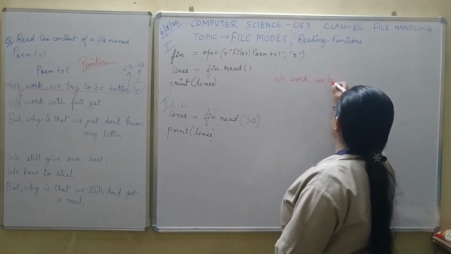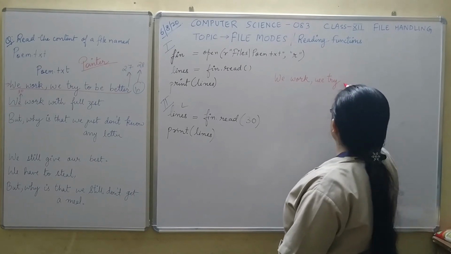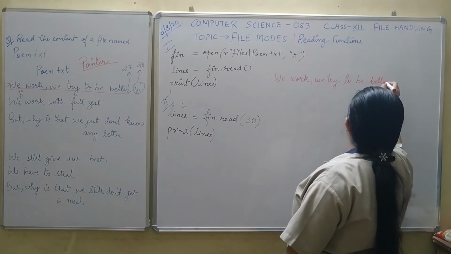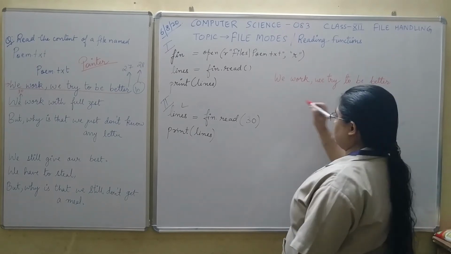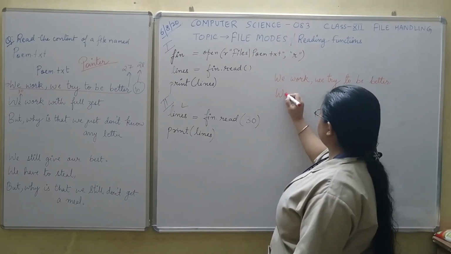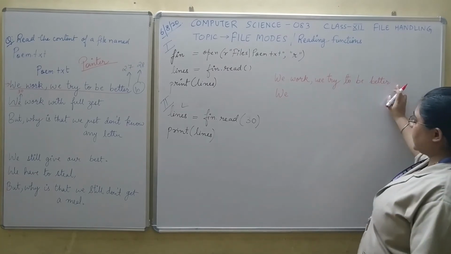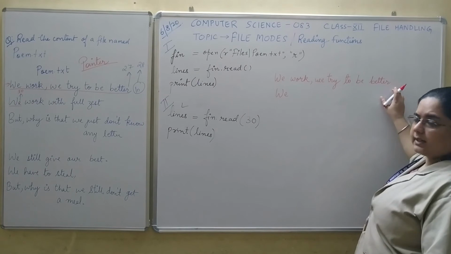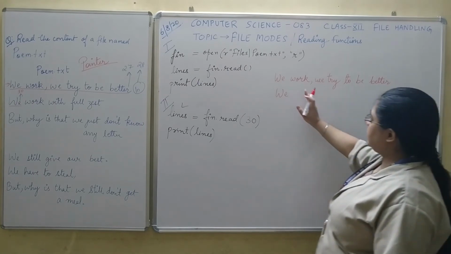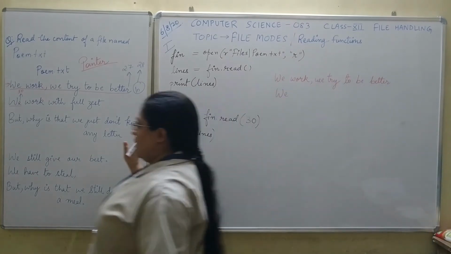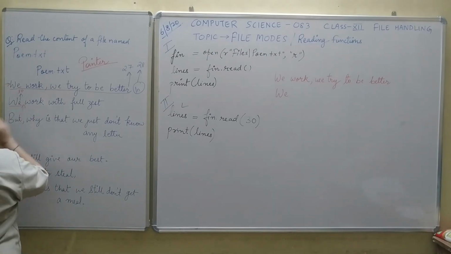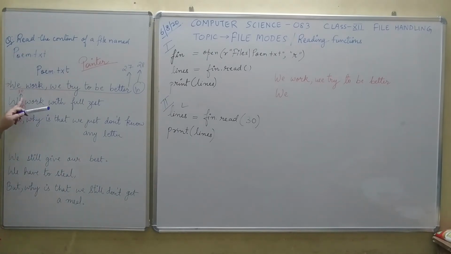I'm just writing these few lines over here. The new line character is also there, and you can see it because the next line starts over here. So these are the first 30 characters. Once these 30 characters are read, your pointer is set over here at this space, which is the 31st character.